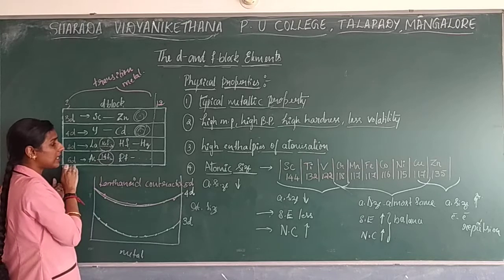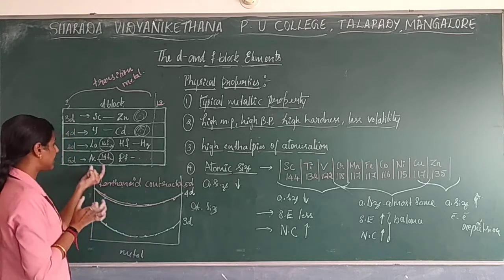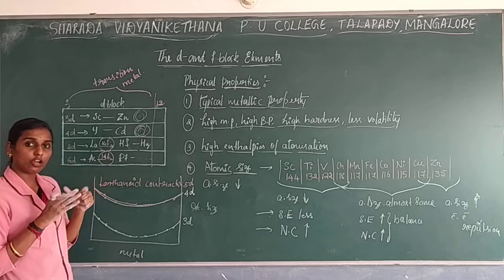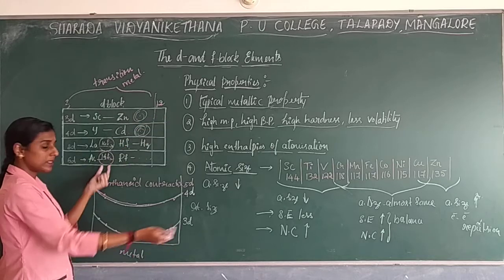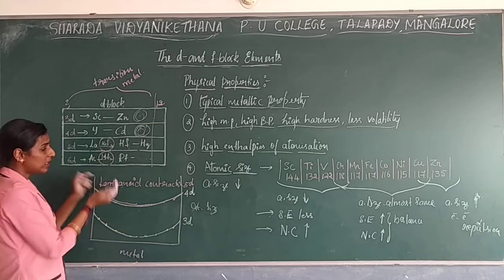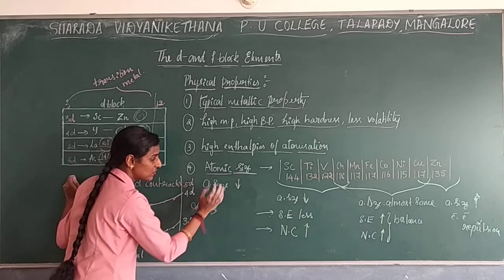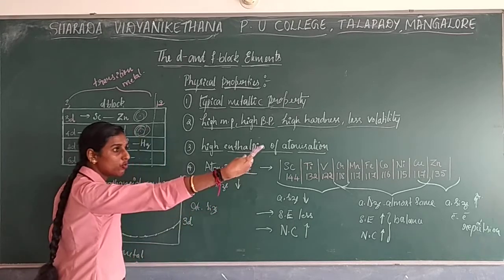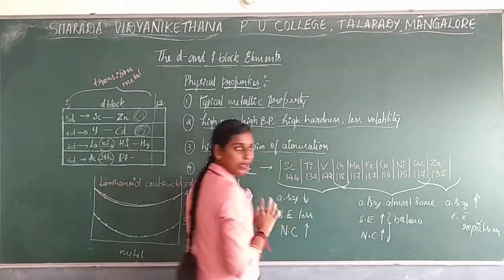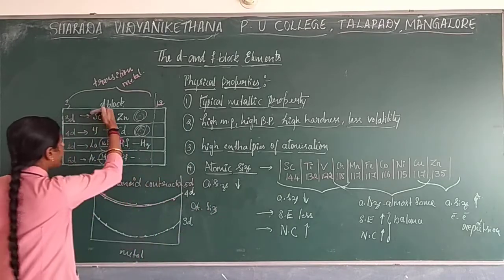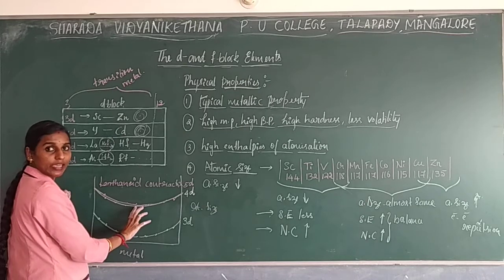If you consider the actinoids, the same thing will be seen. There again actinoid contraction will be seen. These f block elements will contract. Here 5f will be filled first, then the filling of 6d will take place. So there also the atomic size will go on decreasing. So this concept applies when you go with atomic size. Generally when we say atomic size, as we move along the period, it goes on decreasing. But this is what is happening over there. As well as when we go down the group, the size increases.